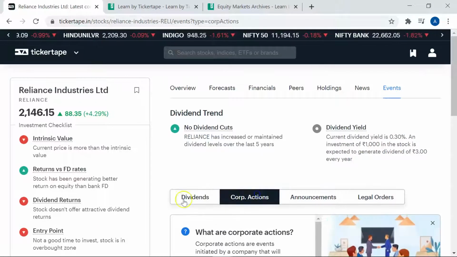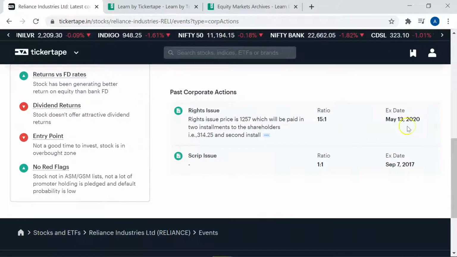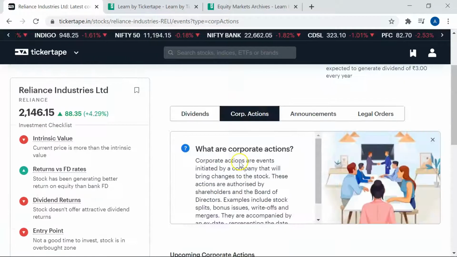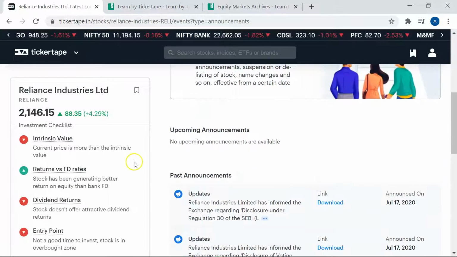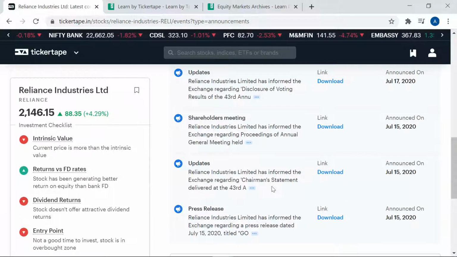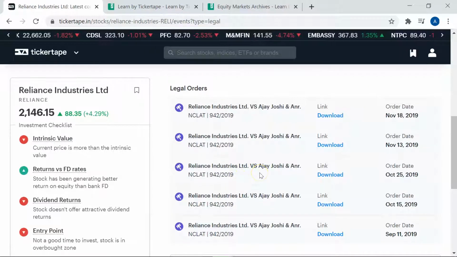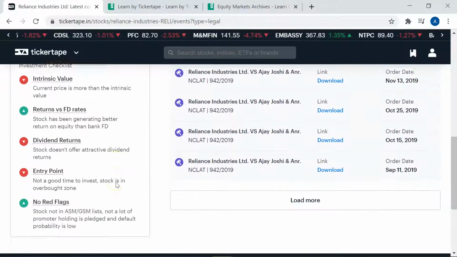So for all the corporate actions, you need not go to the NSE website or BSE website. Say, for example, some rights issue happened in 2020. Everything is mentioned in detail. Say, for example, the company announces some dividend, or some annual general meeting or whatever it is, everything, press releases, updates are mentioned here. Legal orders against the company are also shown, and it also shows a